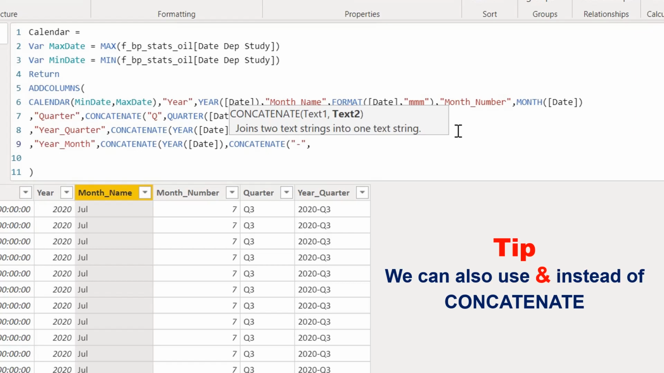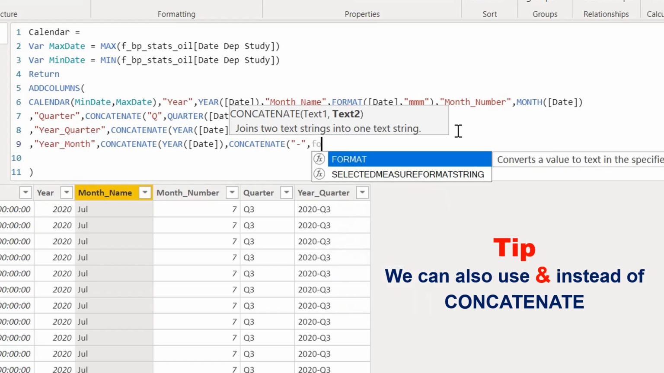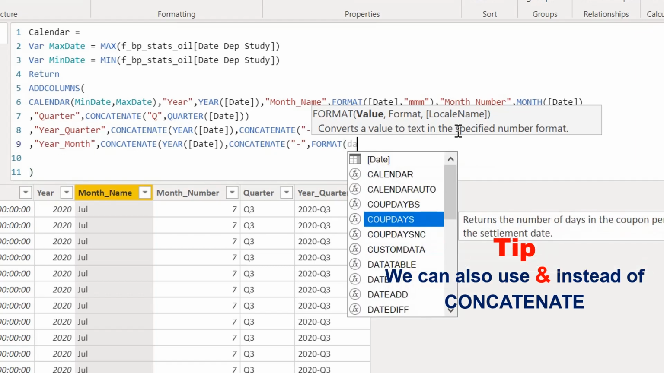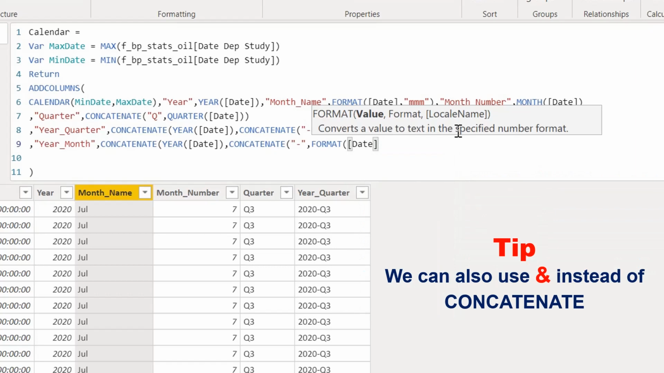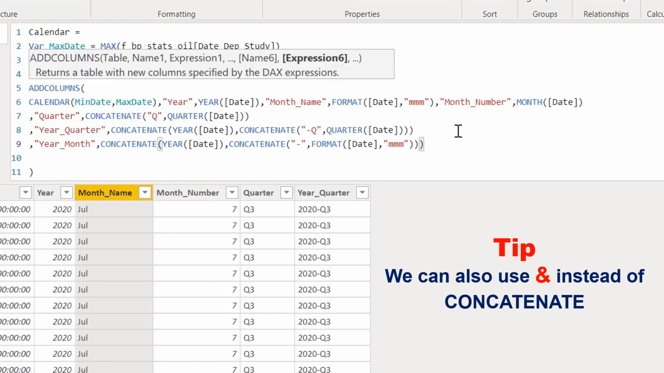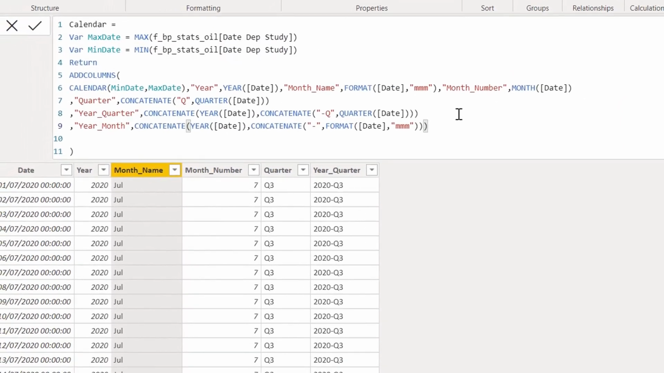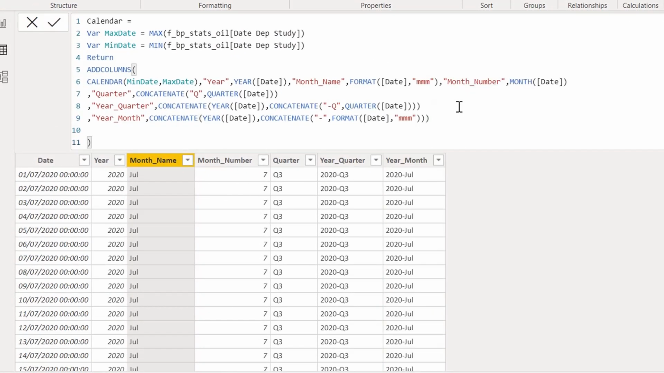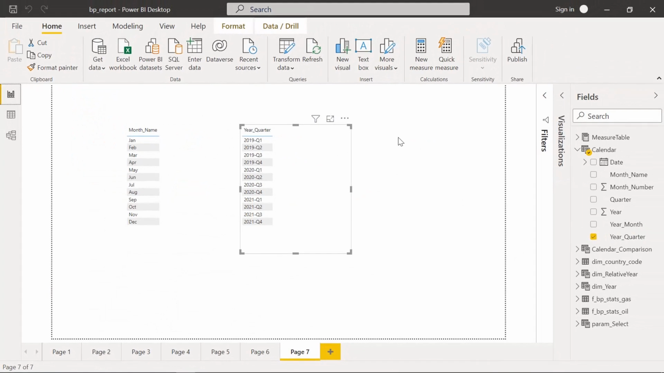and then I'm going to use the format function. Format, my value is date, and my format is 3Ms. Concatenate, close parenthesis, and now year, month. Let's see here. If I bring year, month here,